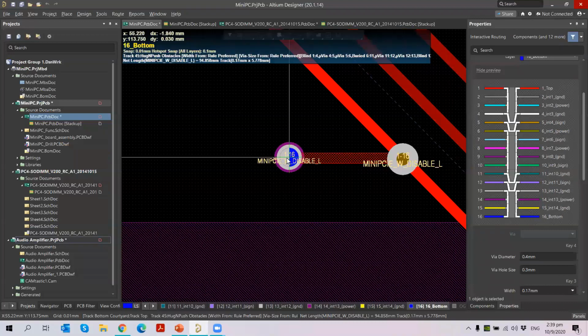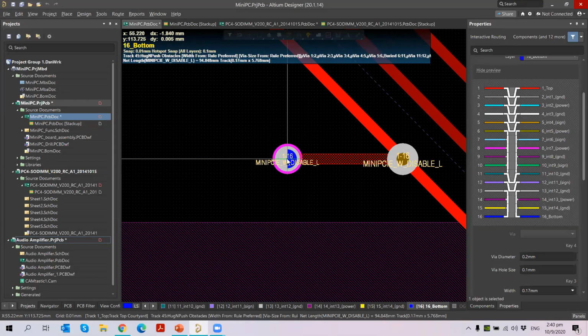Okay, so now you will see here in the properties panel, you have your buried vias, your skip vias, you have your micro vias, all. Okay, so if I want to change the via stack-up by using the cycling method, I just press the shortcut, which is 6 on your keyboard. When you press 6, the routing will change.